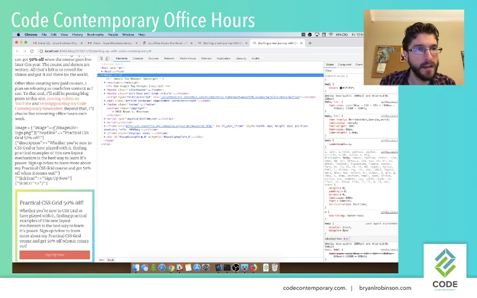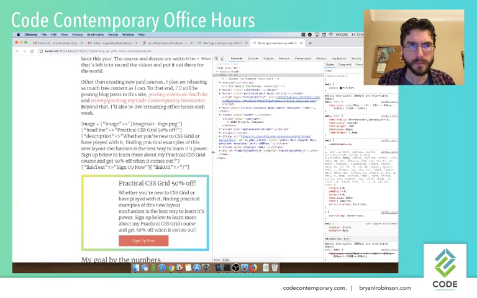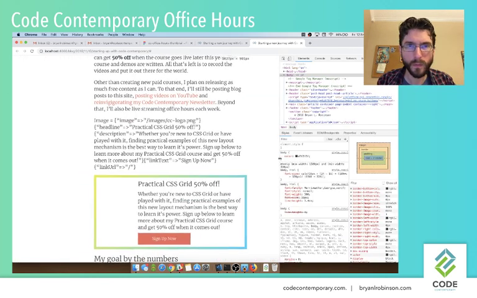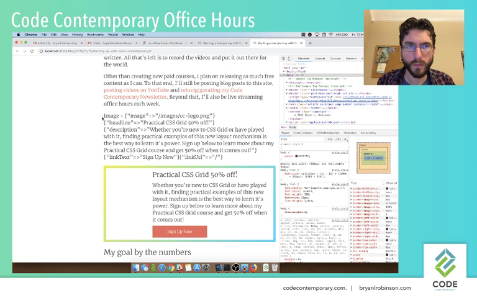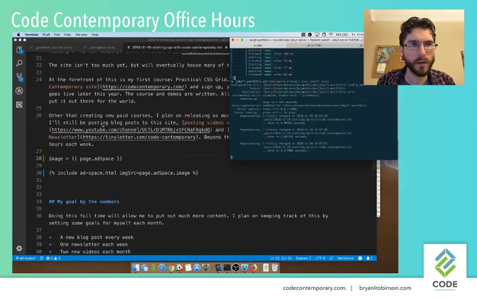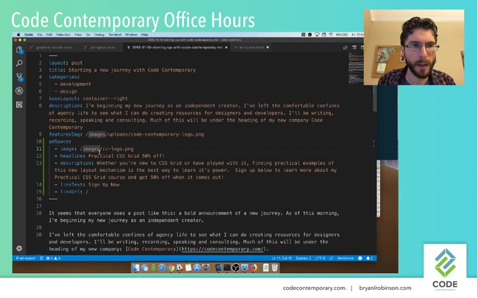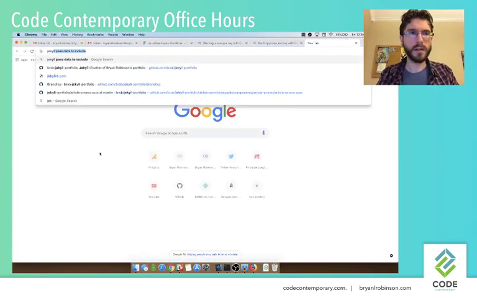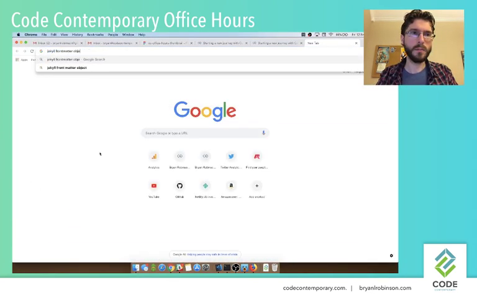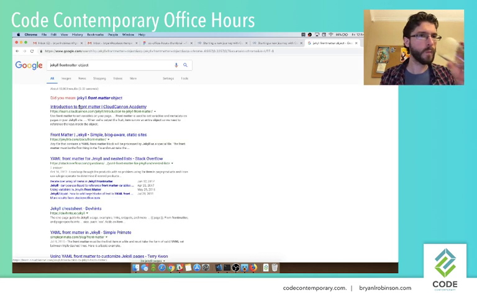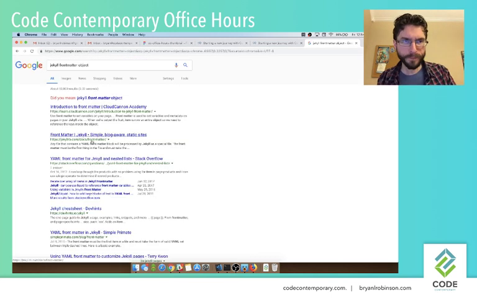Add space has image. Trying to read that, this size is ridiculous. Why would I do that? So I have formatted something improperly up here. Let's call it Jekyll front matter object. It doesn't actually matter to format this way. I could set it up in maybe an easier way to look at, but